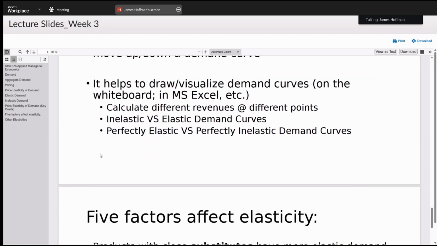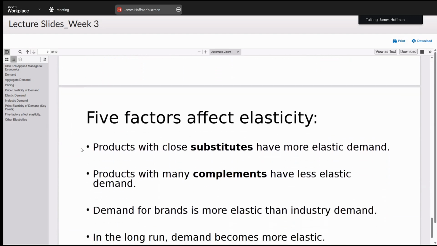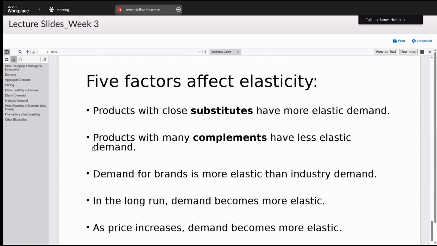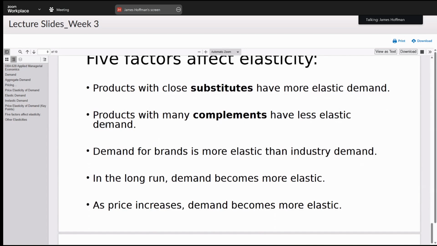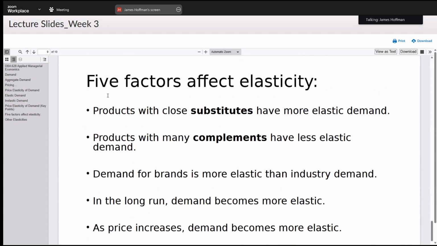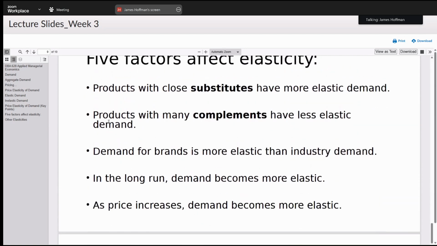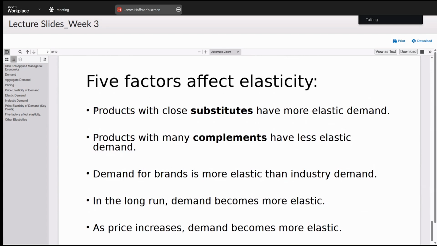All right, now, so this is a good slide because it illustrates things that would affect elasticity. And when you think about them for a second, they make sense as you go along. And we'll look at some different types of elasticity and how that'll affect the curves after this. But first, know that products, we've already kind of discussed this, but products with more substitutes